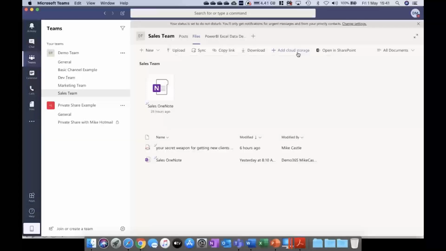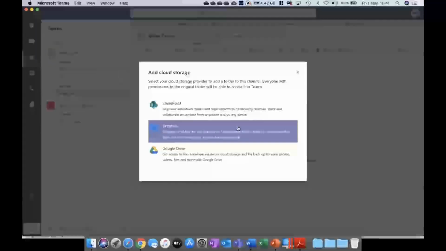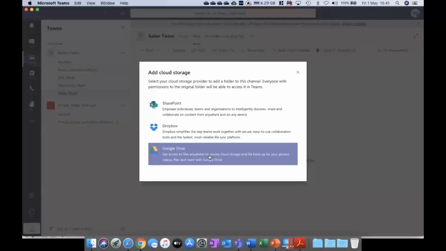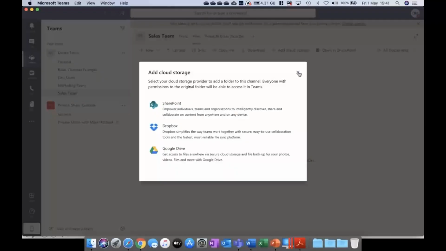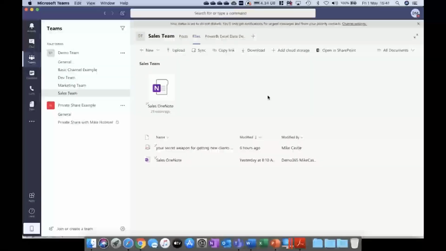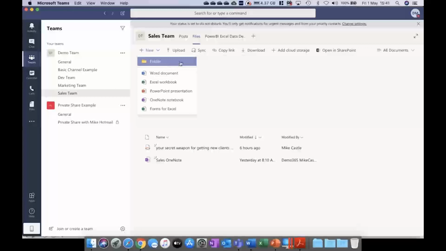And before you get through the process of actually integrating your systems and joining your organizations together, you do have the ability to add in things like Google Drive to actually access that data directly, which means you can work collaboratively across different platforms without all of the pain of trying to gain access with extra accounts. So that's really files at the moment. Files can be straightforward, creating new ones, new folders, etc.